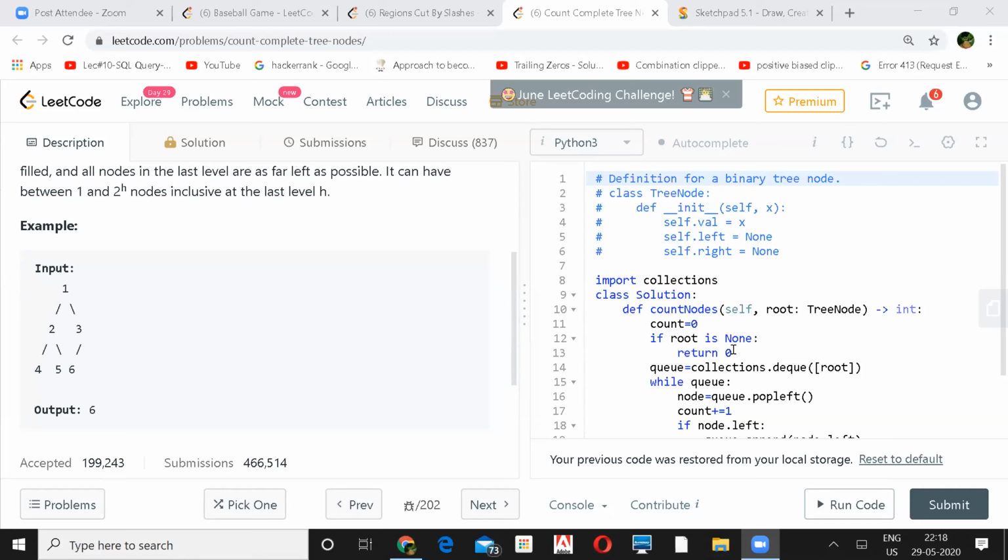But we're not actually technically finding the height. We are just finding how much left I can go. If finding a height is a different approach. But if you start finding height, you're only going left. You can also go right. But here it mentions a complete binary tree. You always fill from left to right. So just going left can give me.